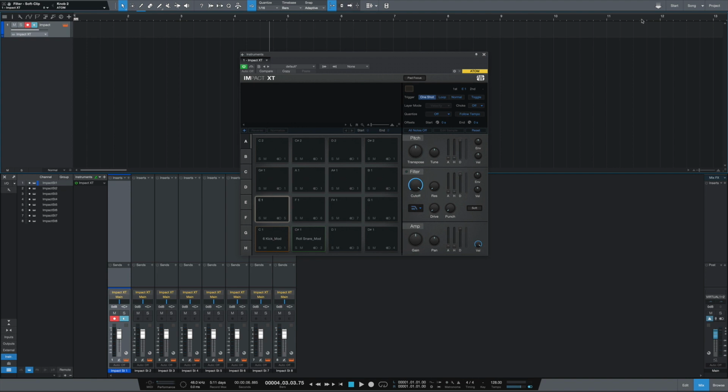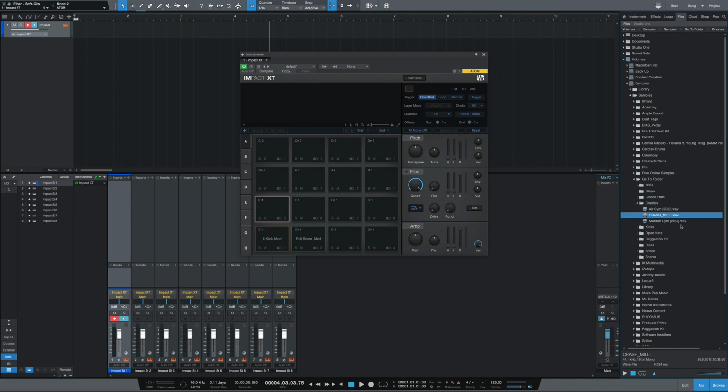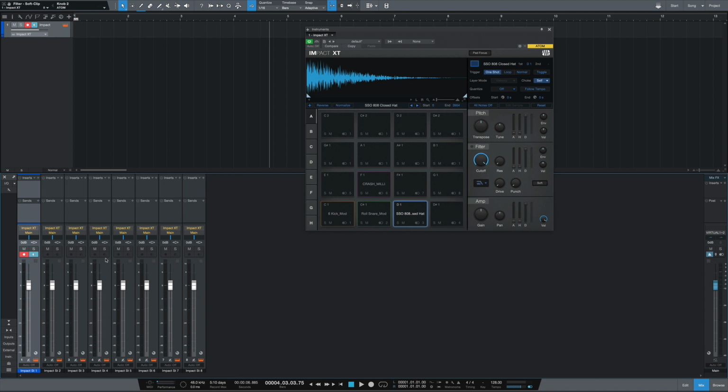The last option to add samples to Impact is to open up your browser, head over to the Files tab, and then basically again just look for the wave sample in your computer and then drag it to wherever it needs to go. Now, once you have all these samples loaded up, go ahead and open up your mixer,